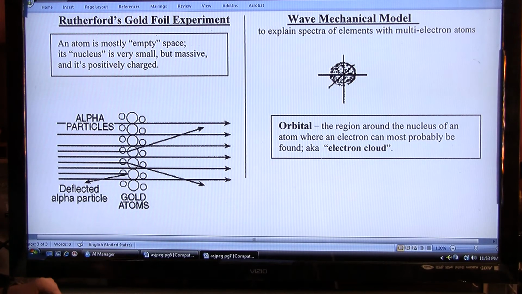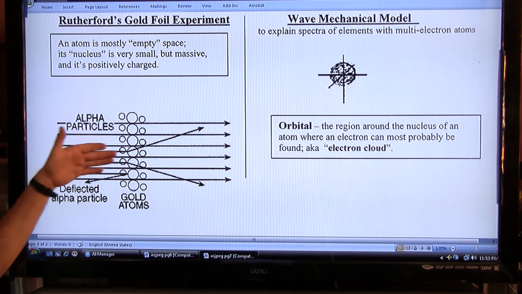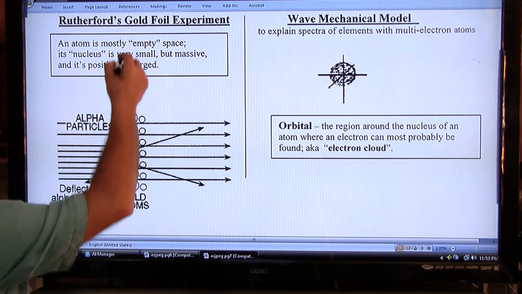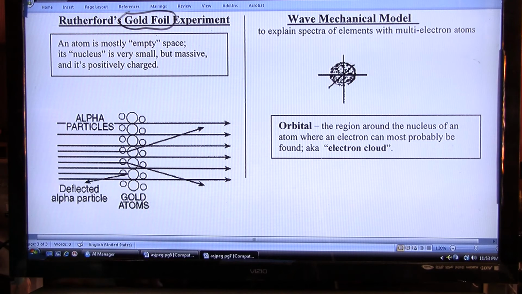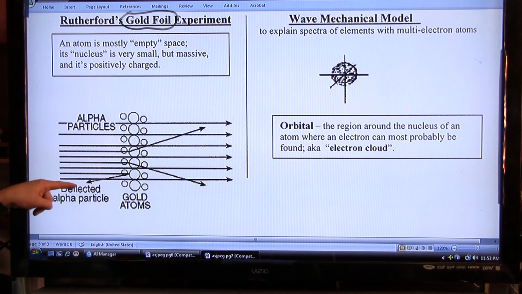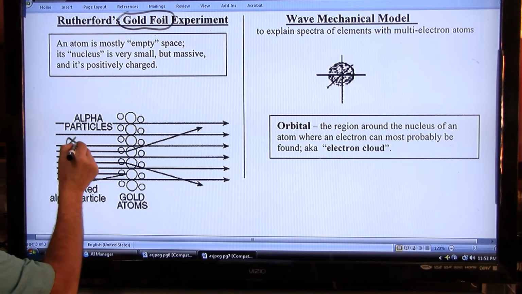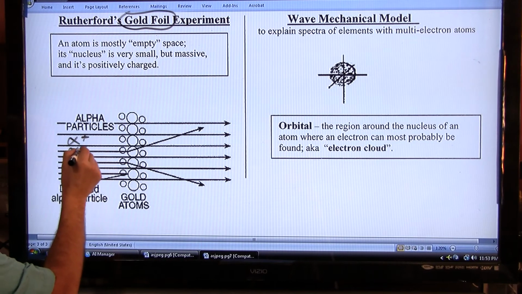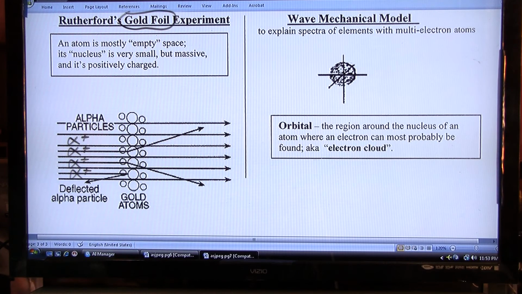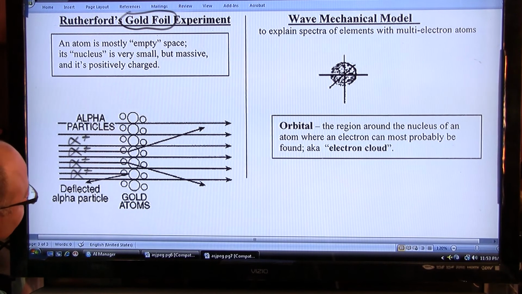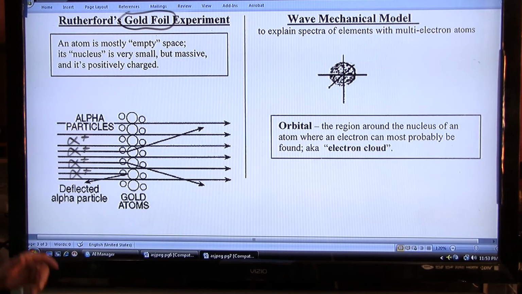And what Rutherford did was he shot alpha particles at the gold foil. So it's the Rutherford gold foil experiment. Not aluminum foil, but gold foil. And these lines here represent alpha particles. So I'll use the Greek letter alpha to indicate that with a positive charge, because alpha particles, as we'll learn in the nuclear unit, are positively charged. So he shot these alpha